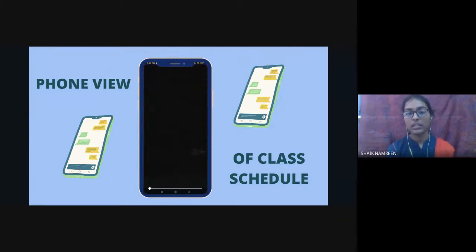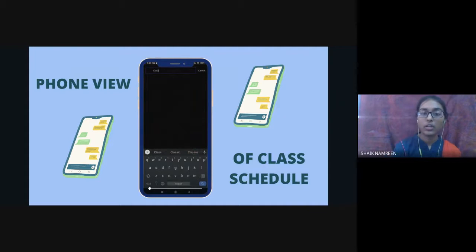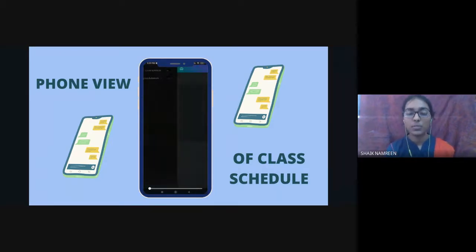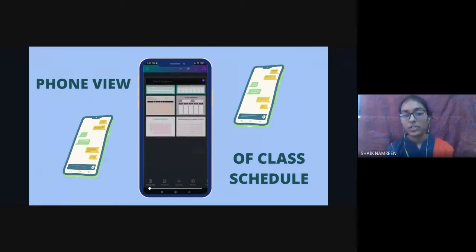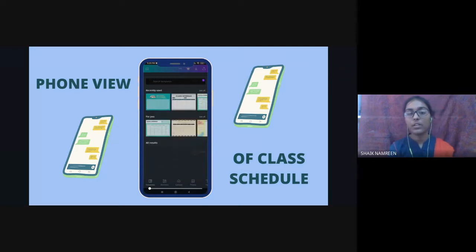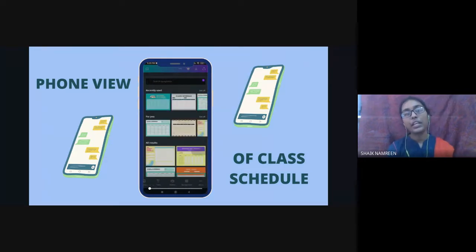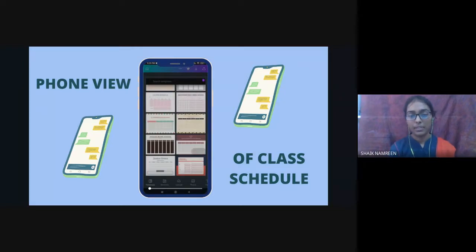So this is the Canva homepage. Go to the search bar, and you can search for class schedules. By clicking like this, you can save so much time. By clicking on this, you can see so many templates. All templates are very good, but whichever is suitable for us and which we are comfortable with, we can use for that class schedule. So I have selected one template. I took that one template, as you can see.